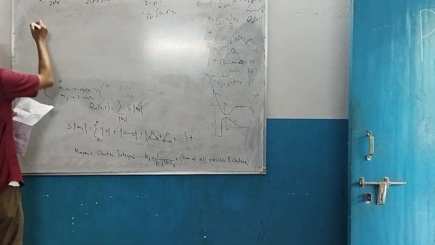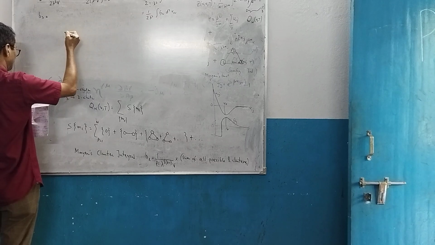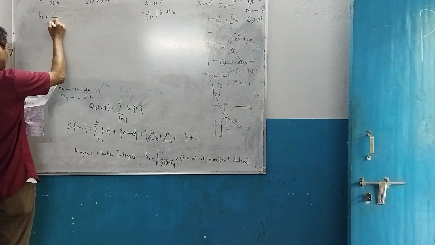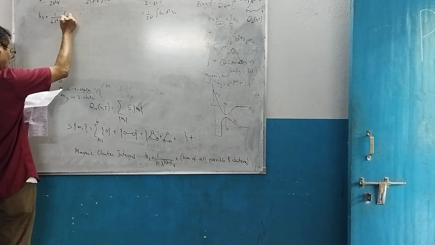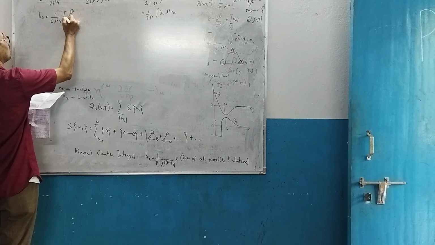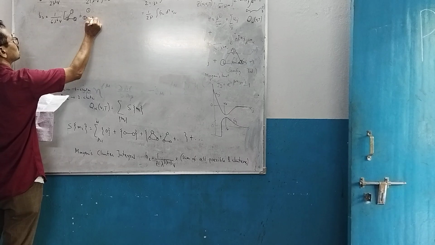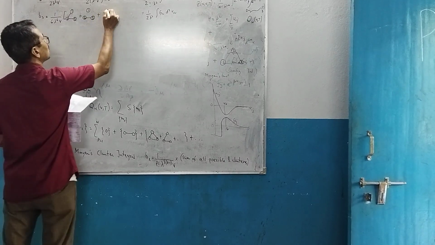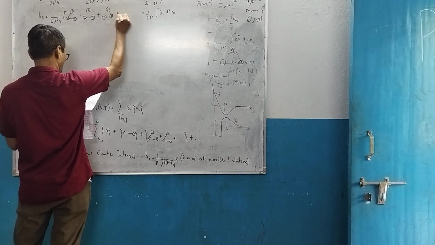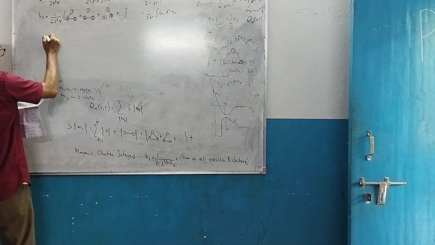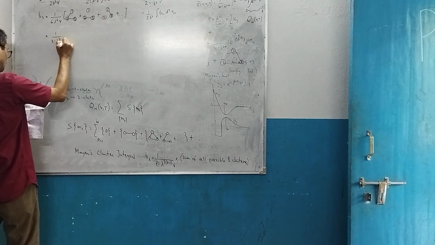In the same fashion, one can calculate B3, but as you go on, the situation becomes more and more complicated. For example, in this case, it would be 1 by 6 lambda to the power 6 V, and the particle graph would look like 1, 2, that same picture, 1, 2, 3, plus 1, 3, 2, and so on. So B3 can be written again in terms of 1 by 3 factorial lambda cube V,